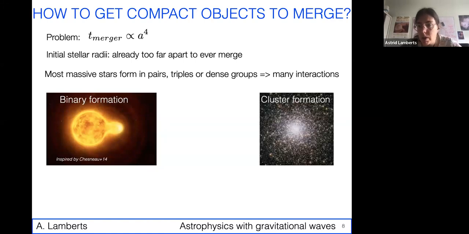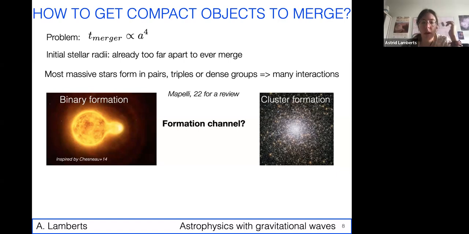The other thing we know is that there are many stars that form in clusters. And in clusters, you have millions of stars in a few parsecs. And so you have many n-body interactions that will eventually lead the stars and their compact objects to merge. And so these are the 2 main pathways that we expect for the compact object mergers that we see now. We think that binary black hole mergers come from any of these things.